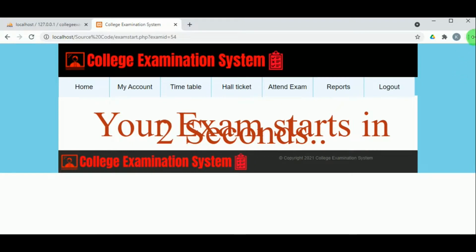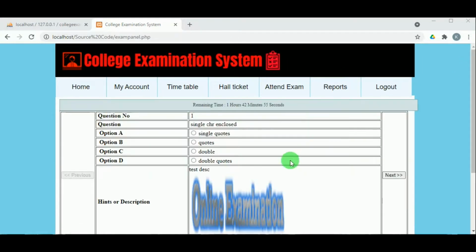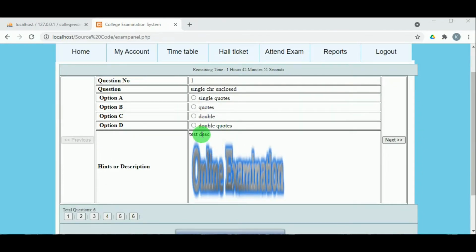So once the student starts the exam, they can view the remaining time, and they can also read the question. They must read the question and they must answer each of the questions. So we can see once the question is answered, there is the next button, and there is also a previous button where the student can go back and make changes. For example, if the student is not sure of the answer, then they can recheck the answer.